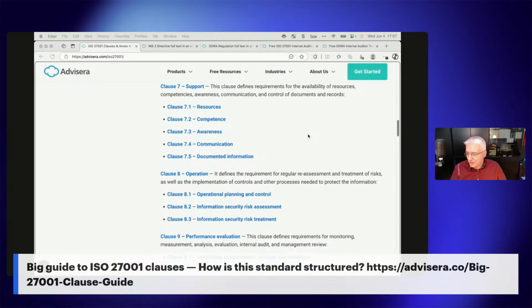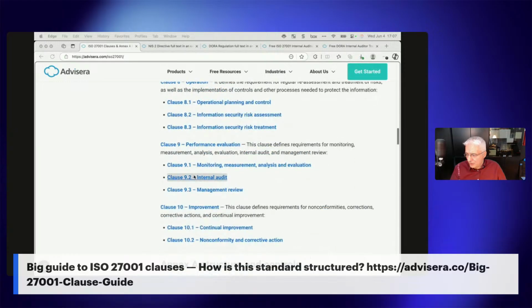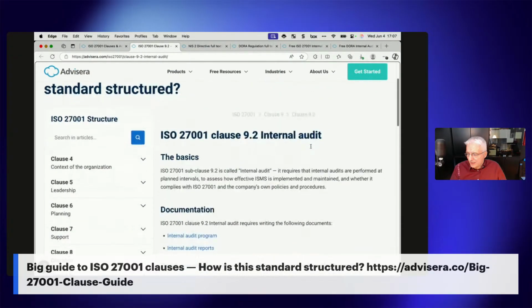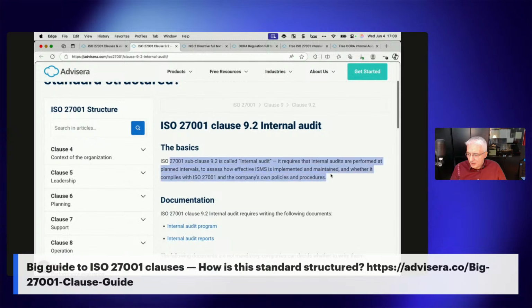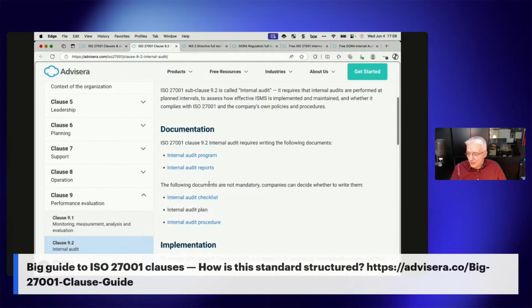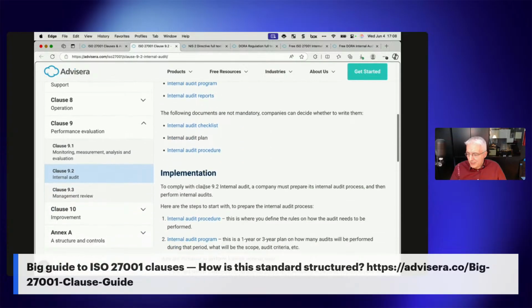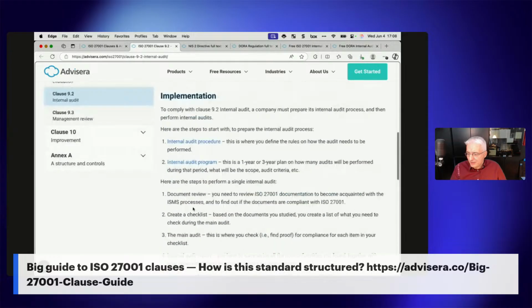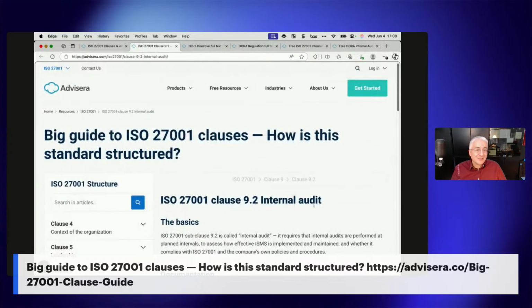So let's say that I'm interested in 9.2. When I open it, what you will see here is this overview of a particular clause, which documents you need for each of these clauses, which are mandatory, which are not mandatory, the suggestion on how to implement this, and also what kind of evidence is typically required. Since ISO 27001 is a standard and it's licensed, I cannot show you the text of the standard, but